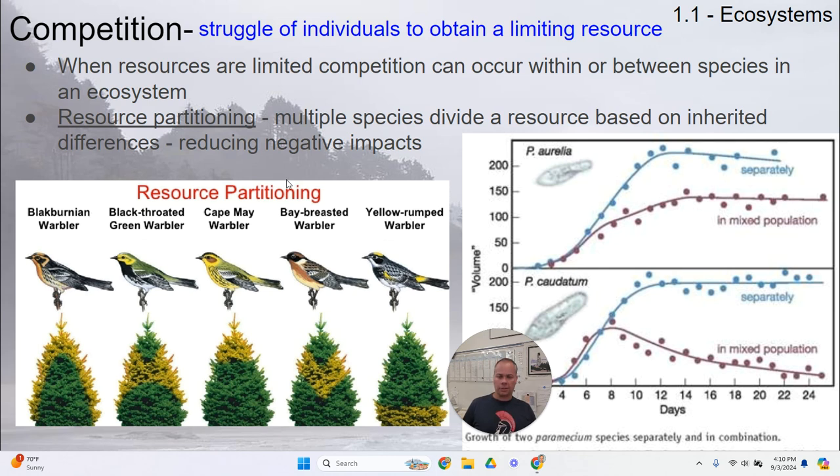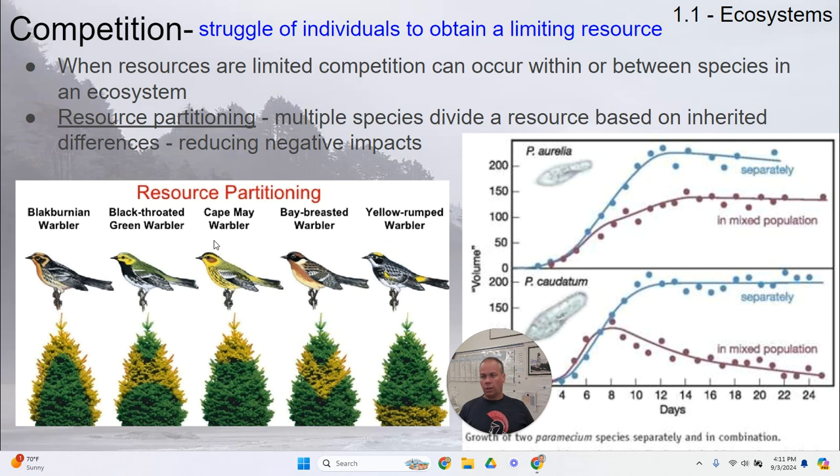For example, these are a series of different species of warblers. And these warblers feed in these trees, as you can see. But when they are all present in the same area, they actually alter their niche to reduce the amount of competition. When they live in the same areas, the Blackburnian warbler feeds sort of on the upper reaches and outer edges of the trees. The black-throated warbler has a slightly different niche, etc. And so these species of birds are avoiding some part of this competition by changing and altering their niche slightly.